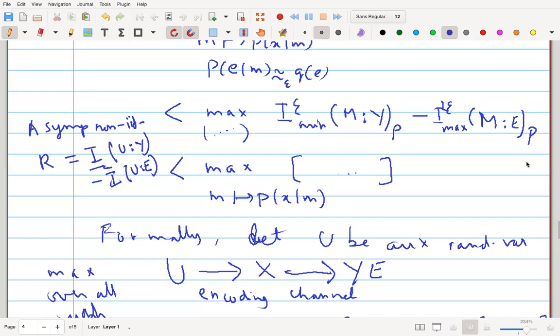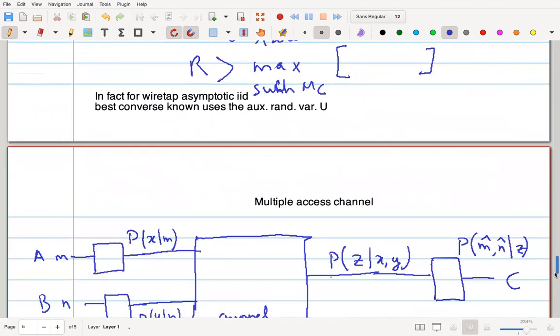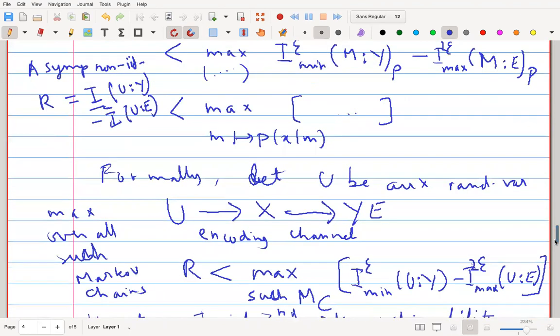Any further questions? Hari, did you get a chance to read about the multiple access channel and also the wiretap channel from El Gamal and Kim? I started reading it, but not much. Which one, the multiple access or wiretap? Multiple access channels. Okay, good. Wiretap is more or less done. Multiple access will start.